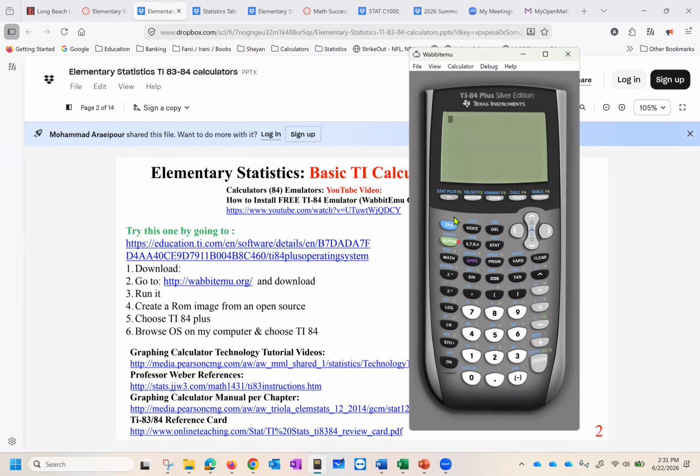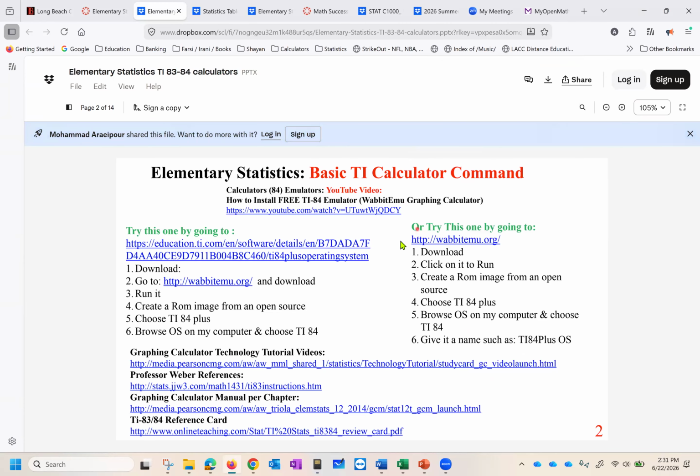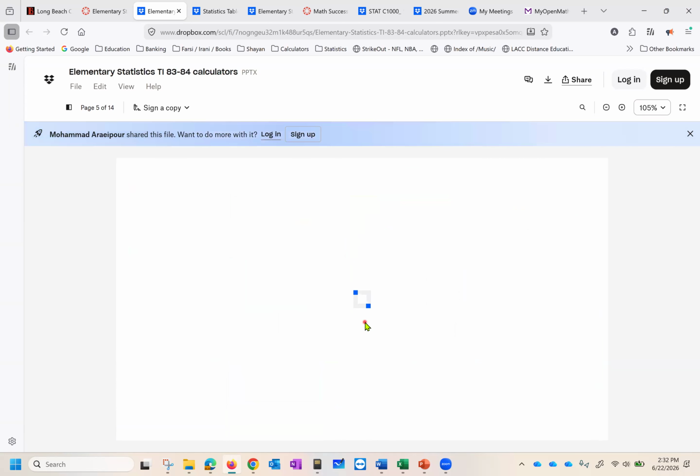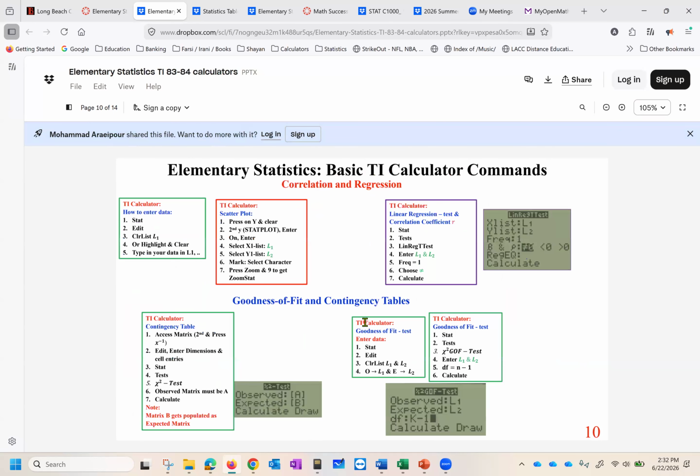In some cases, such as various laptops or desktops, some of them didn't work. This is something I found, and I hope you can make it work and download it if you like. But there are other calculators, as you see at the bottom, and you can use them online. Then here's the TI calculator commands. We have the commands and we go through them as we go through the practice test.